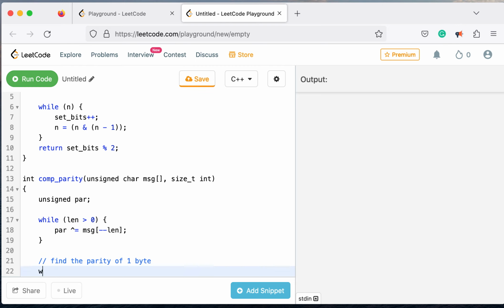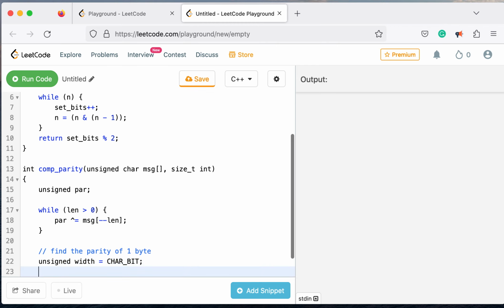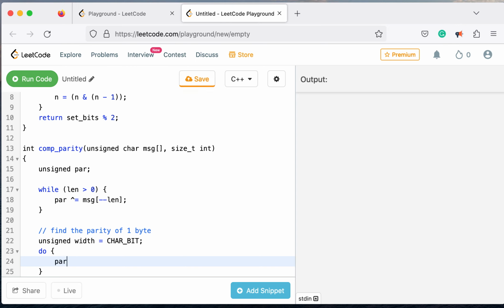Again we can utilize the same property, so that rather than working in a linear fashion, we can say unsigned width equal to CHAR_BIT, which, as you know, is going to be 8. And now you're going to work on half of that at a time. So you start with a do while loop. You do the same trick: you XOR the half of it basically,